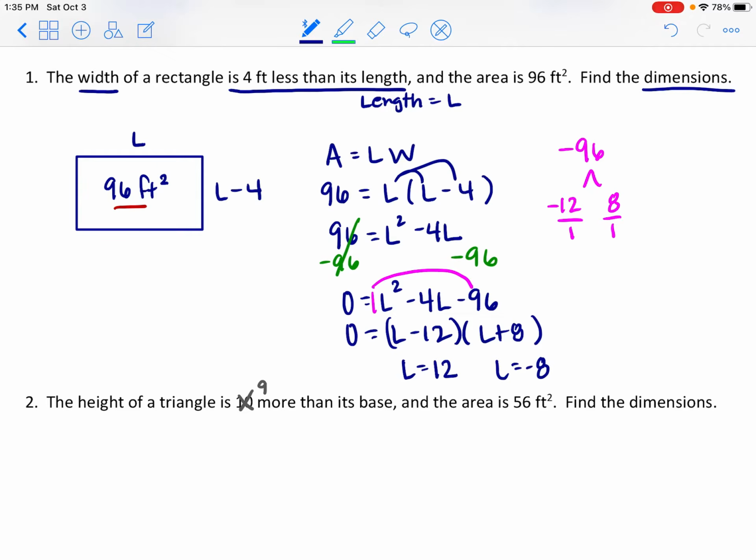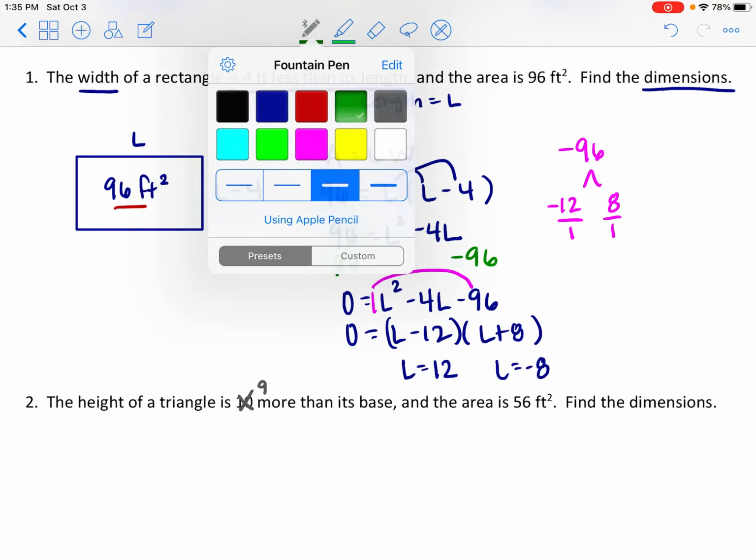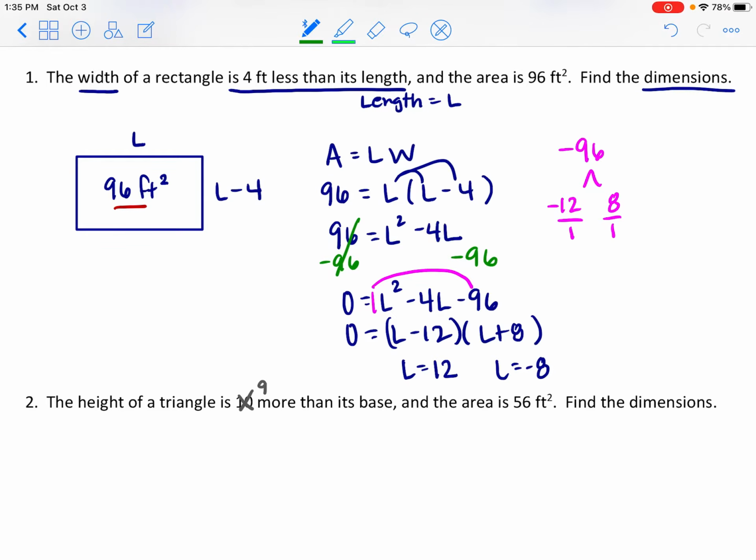But here, we can't have two different lengths for one rectangle, so one of these lengths has to be excluded as a possible answer. And hopefully you recognize that this one cannot be the length of our rectangle because it's negative. You can't have a negative length of a rectangle. So we're just going to exclude that from being a possibility. Length can't be negative, so we're just going to discount that guy, say nope, can't be you,